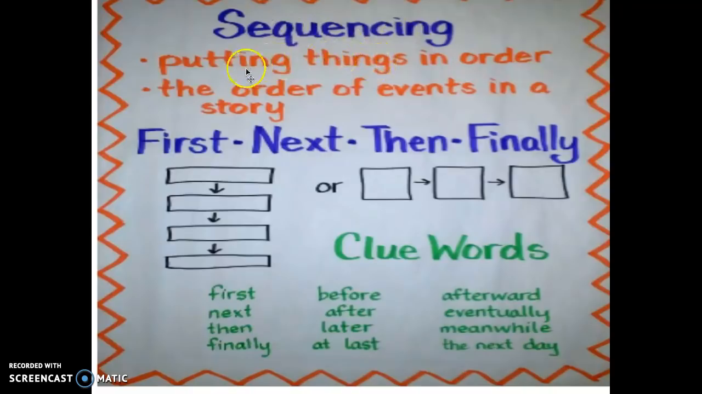Sequencing, again, like it said in the video, is when we put things in order. Think about those clue words like it talked about in the video. First, next, then, and finally. Finally also means last, so you could use either of those words. So, today when you are finished reading your story, you will have